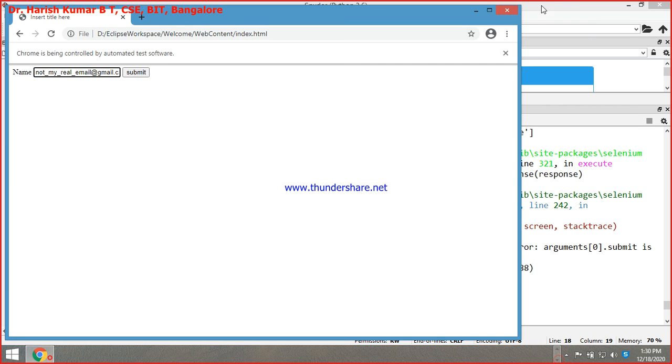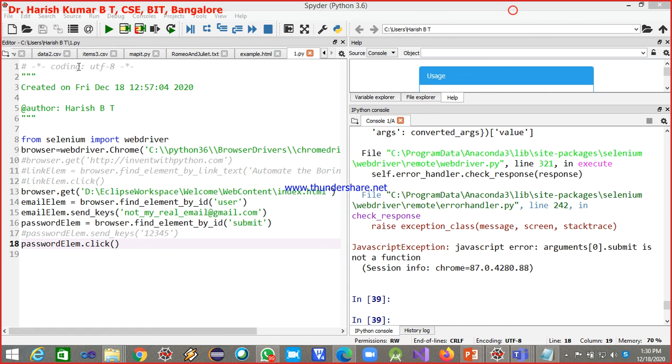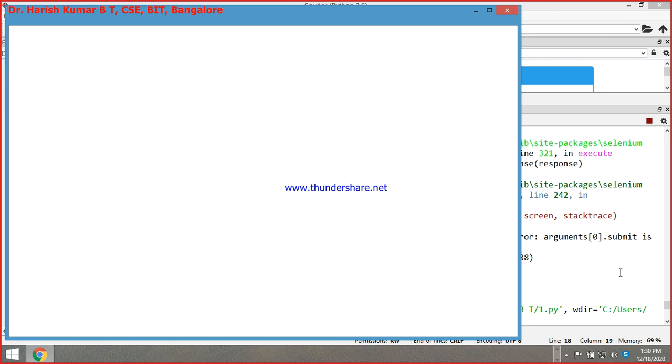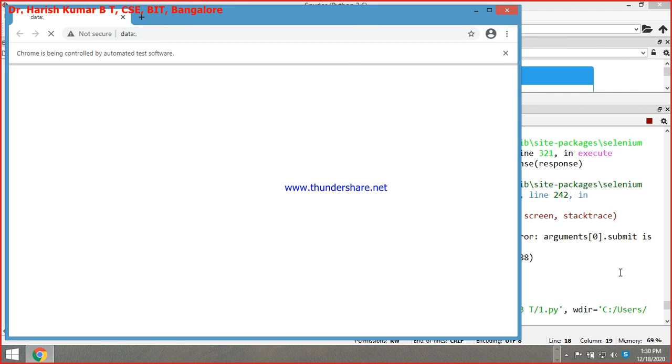I'll close this. So it is a click method. Got failed, so now it is clicked,